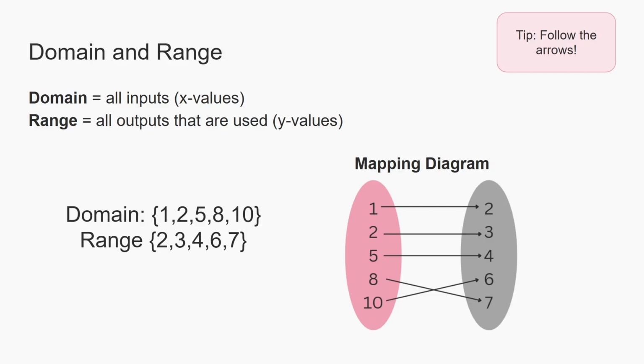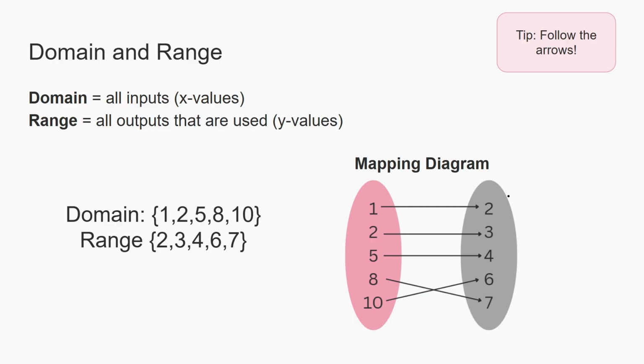Hello, in this video we'll be going over domain and range and how to find it from a mapping diagram. But first, let's define domain and range. Domain is going to be all the inputs, aka the x values or the left side of this mapping diagram. The range is going to be all the outputs that are used, aka the y values, aka the right side